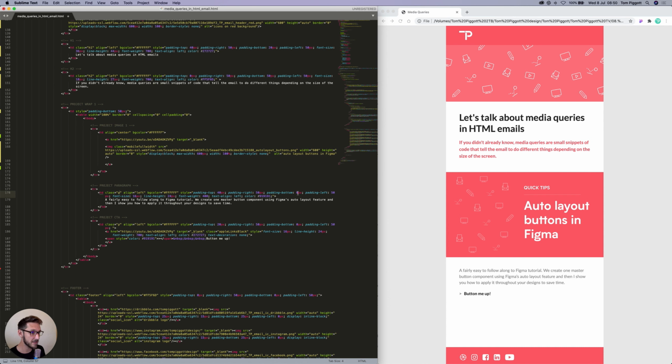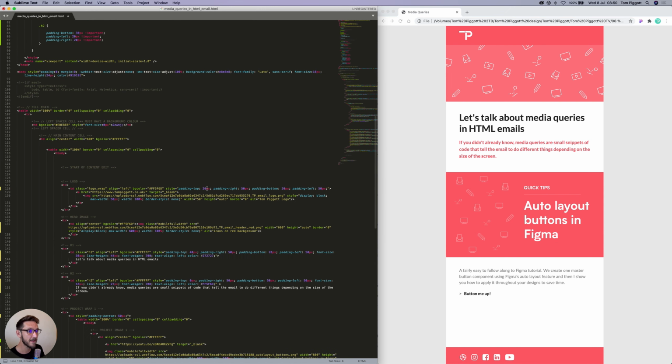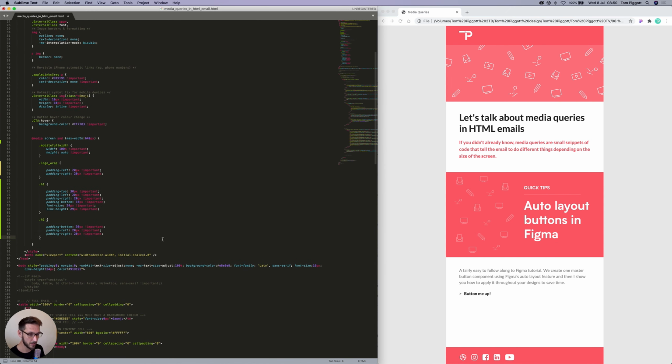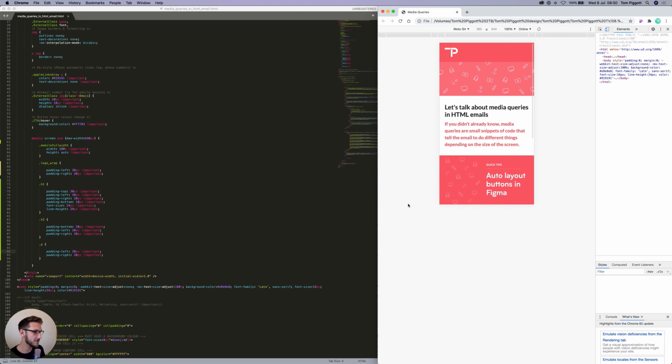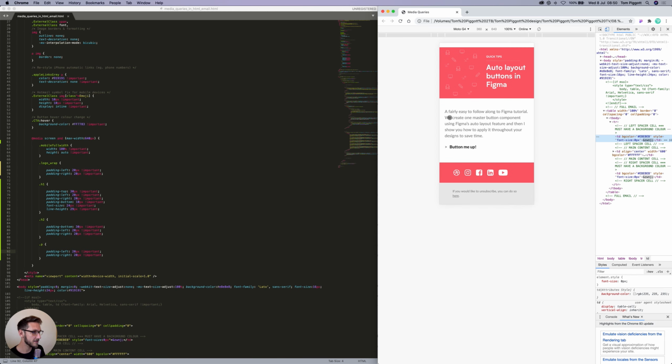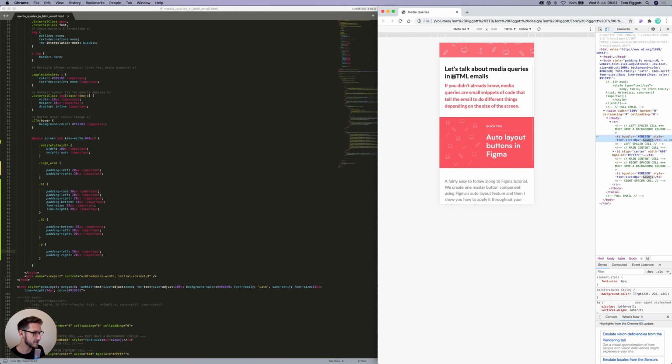So we're going to want to make this match everything else. So we're going to want to put 30 either side, and we're going to need to do the same with the call to action, which you can see here I gave the same class, right? So if we come up here, then we can just take one of these. Actually, we can take logo wrap because that's the exact style that we want. We can call this .p, and 20 left and right. Refresh this, inspect, and it should just be done. And there it is, you can see 20 left and right there, so it's all lining up on the left,